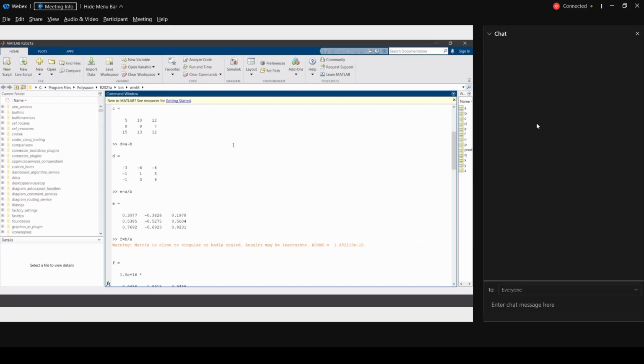If a matrix is 3 by 3, then its rank should be 3.